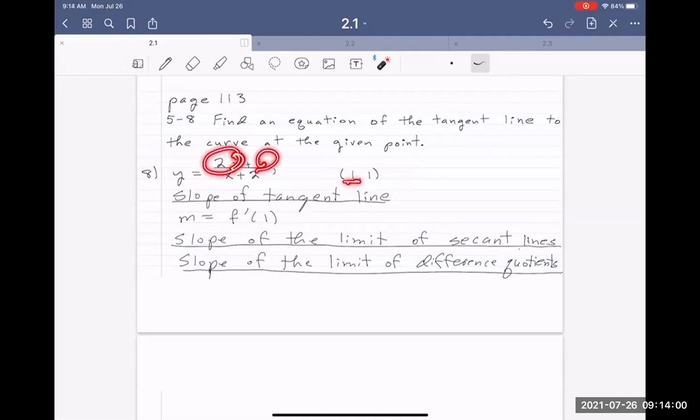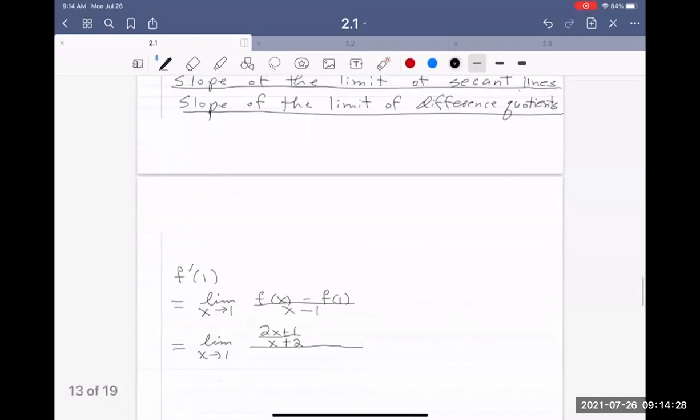2 plus 1 is 3. 1 plus 2 is 3. 3 divided by 3 is indeed 1. So yes, I verified it. I guess I should verify it, because if f at 1 was not equal to 1, I would be in trouble. I couldn't do this problem. Okay, so minus 1